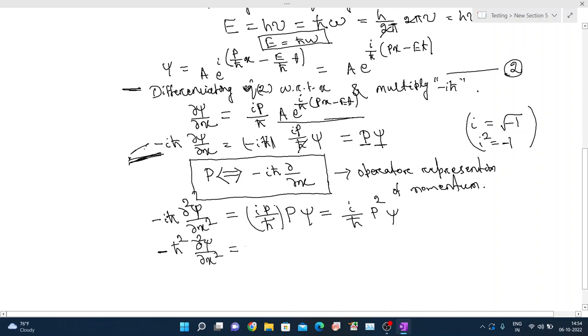is equal to minus i h cross, after multiplying we get minus h cross square. Then multiplying, we get minus i h cross, so h cross cancels out, and i squared is again minus, so minus minus plus. So this is equal to only p square psi, you will get this. Then dividing